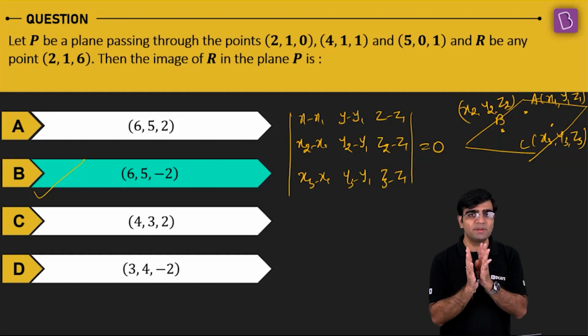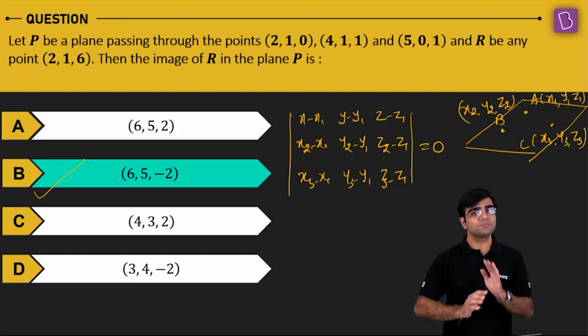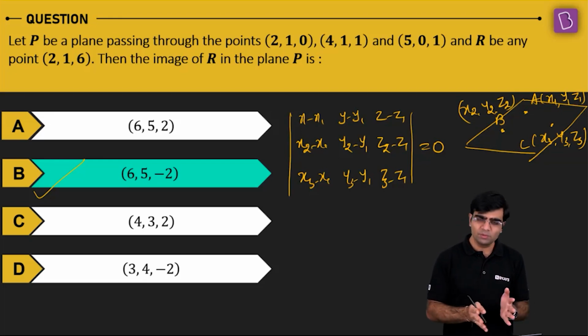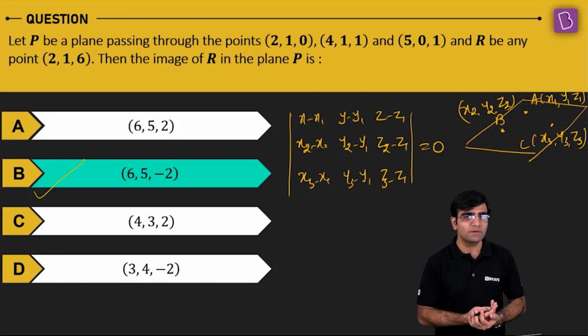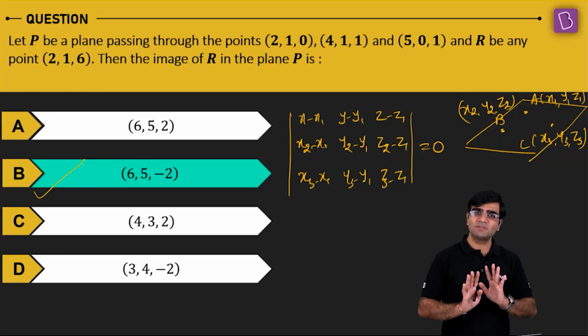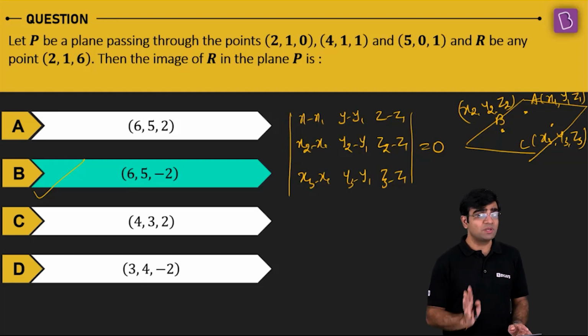So you should be comfortable with both methods. This is a direct formula. Refer to the Byju's videos, you will be easily able to see this formula there if you are really interested in the proof of it. As of now, I'm just giving you this as a bonus result, which you can utilize to increase your speed in the examination hall. All right.